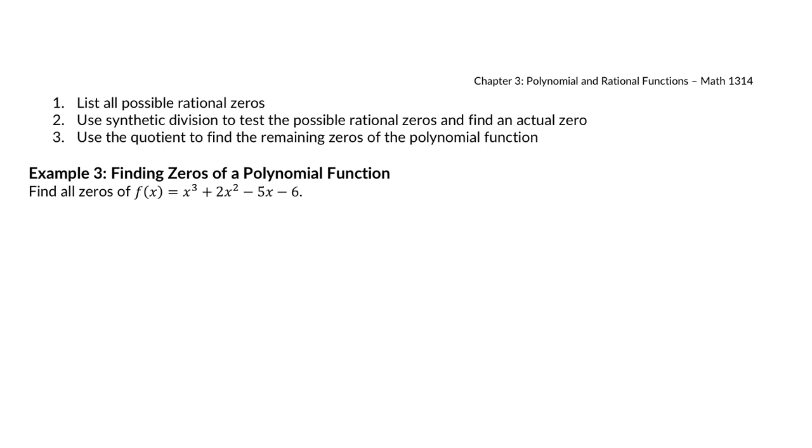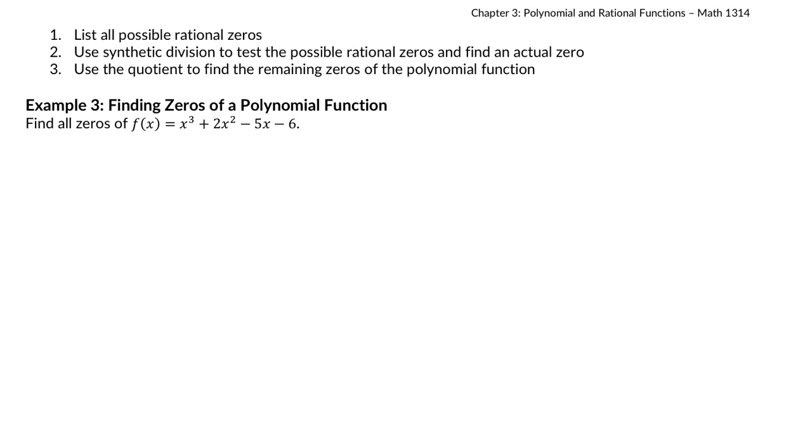So when we're finding the zeros for a polynomial function, we will need to list all of those possible rational zeros. Then use synthetic division to test the possible rational zeros and find an actual zero. Then use the quotient from the synthetic division to find the remaining zeros of the polynomial function. So let's first just attack number 1 and let's find all of the possible rational zeros. Okay, if we're doing that for this problem,